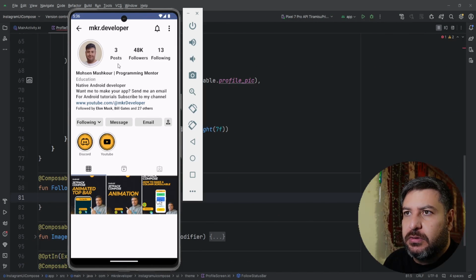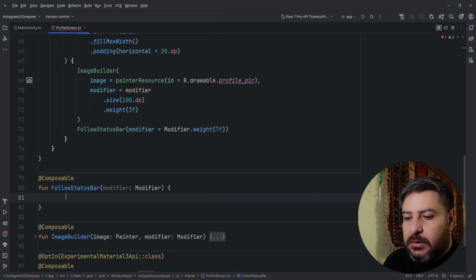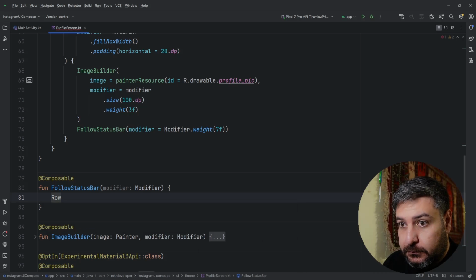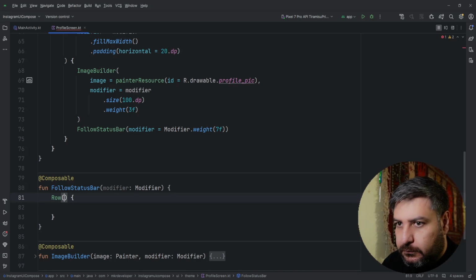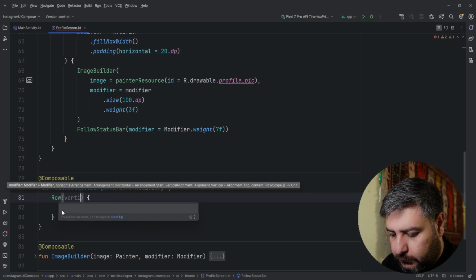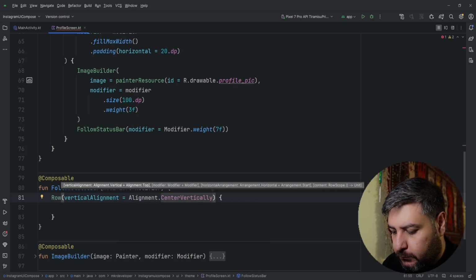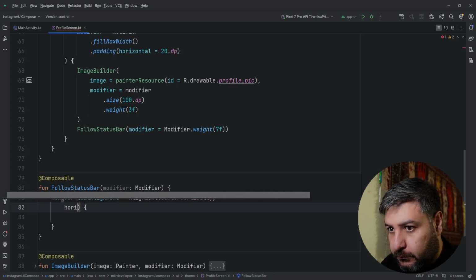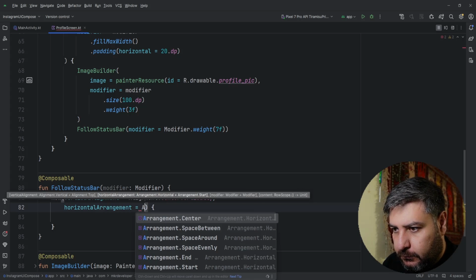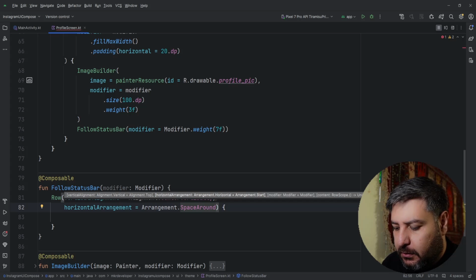For this part, I'm going to use a row and another function to send the data to it, to make it like this for us: a number on the top and the label of this number on the bottom. So let's have a row here. Arrangement space around, and then